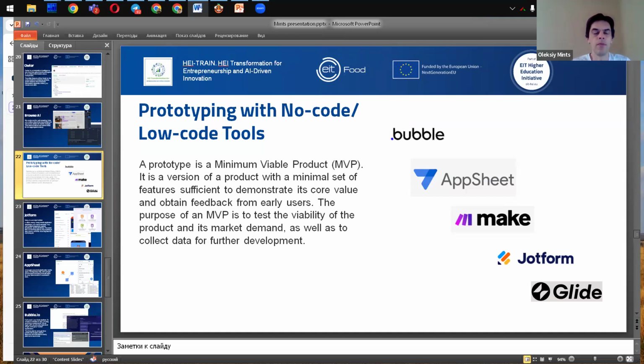Prototyping is an area where no-code culture can help beginners. Visual builders offer a ready-made interface, databases, and automation out of the box. Many no-code tools already include an AI assistant to speed up design and development.